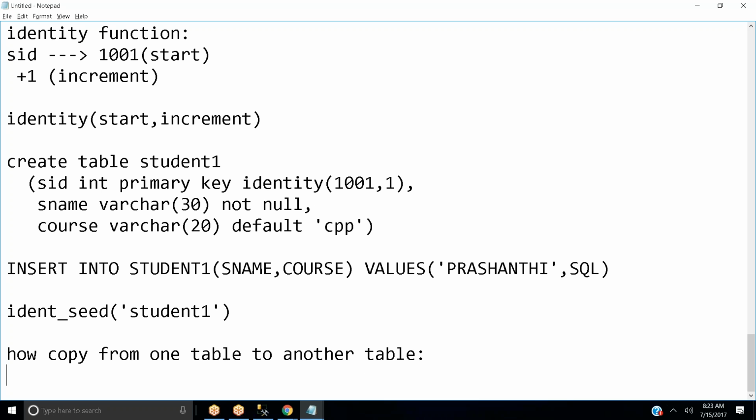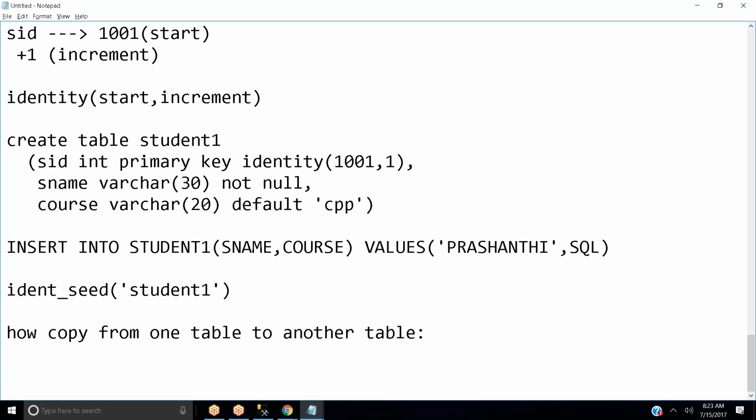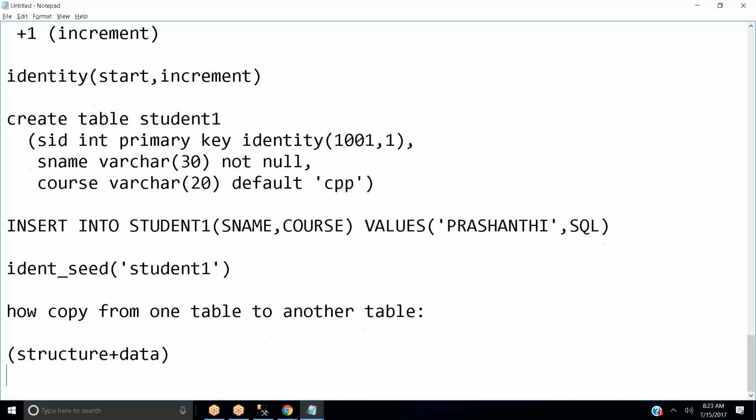How to copy, in the sense? You just want to copy all the records, structure plus data. Select star specifies columns as well as data from my student.